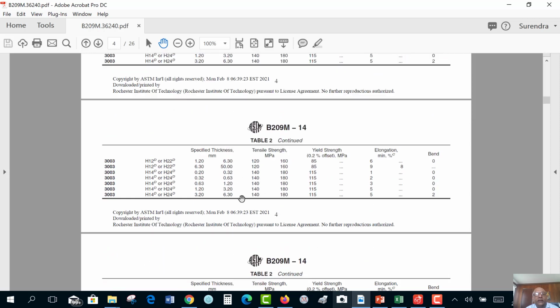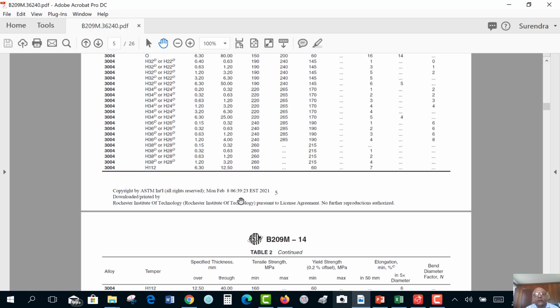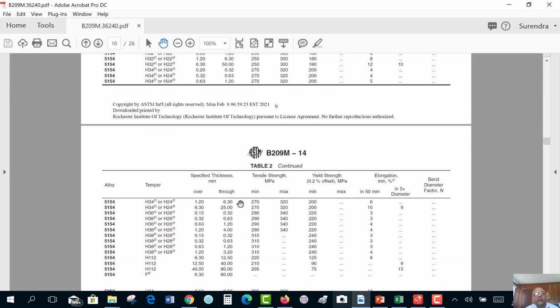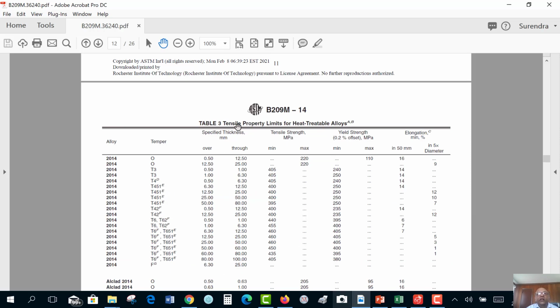We don't want that. We want, keep scrolling down, Table 3, tensile property limits for heat treatable alloys. So notice they have the alloy with the heat temper, heat treatment,